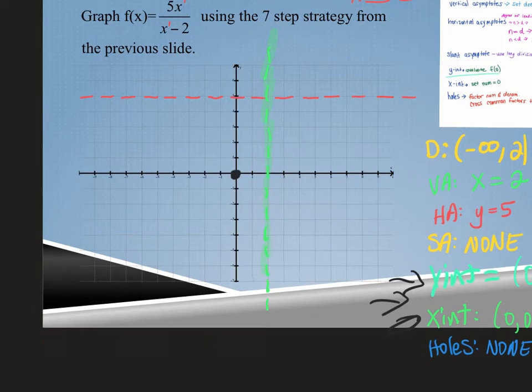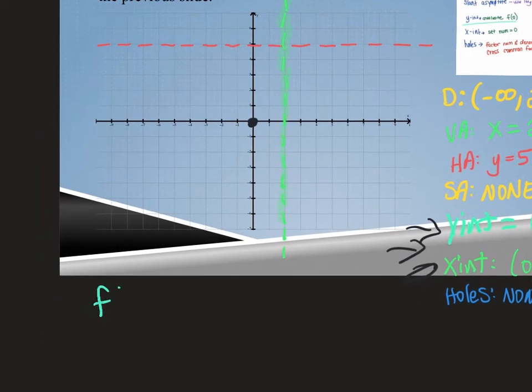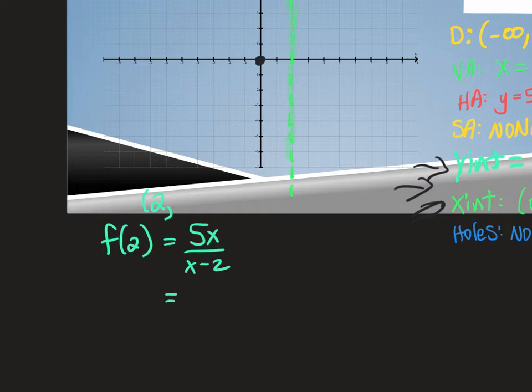-2. Okay, -2. So we're going to plug in -2. We're going to find f of -2. We're finding a point, guys. When I plug in -2, let's see what value I get out. So I'm going to say 5x over x minus 2. That's my function, right? So I'm going to evaluate this function at x equals -2. So I have 5 times